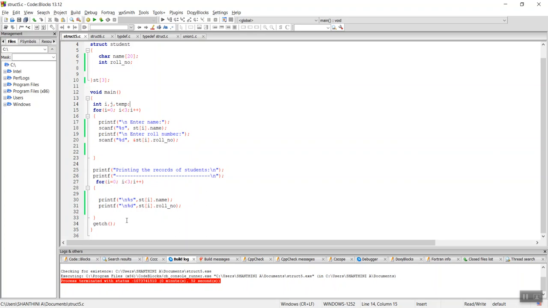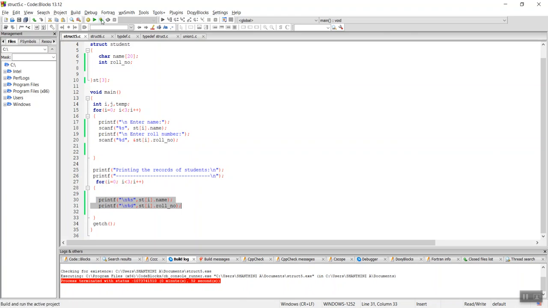Yes, for the first time it is less than 3 and it goes and prints the name of the student and then the roll number of that corresponding student and increments the counter, and again it goes and prints the second record, increments the counter and then goes and prints the third record. So we are getting 3 records from the user and printing those 3 records to the user.